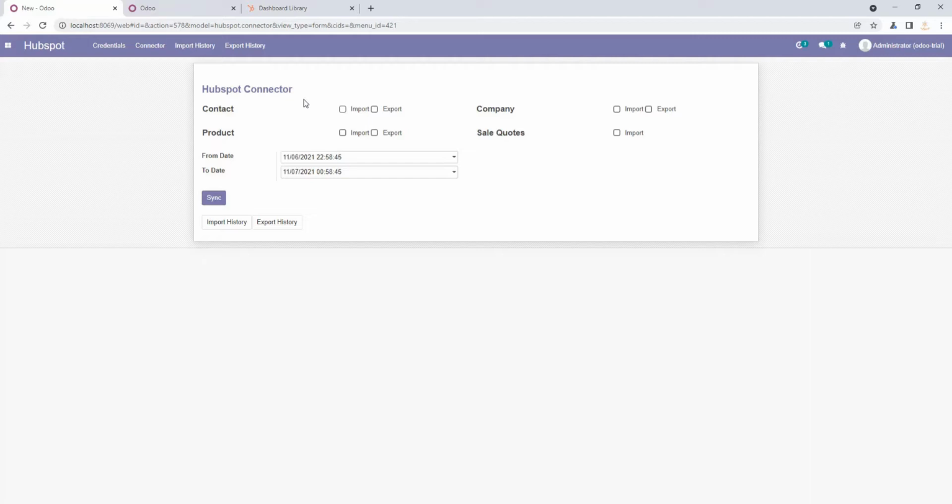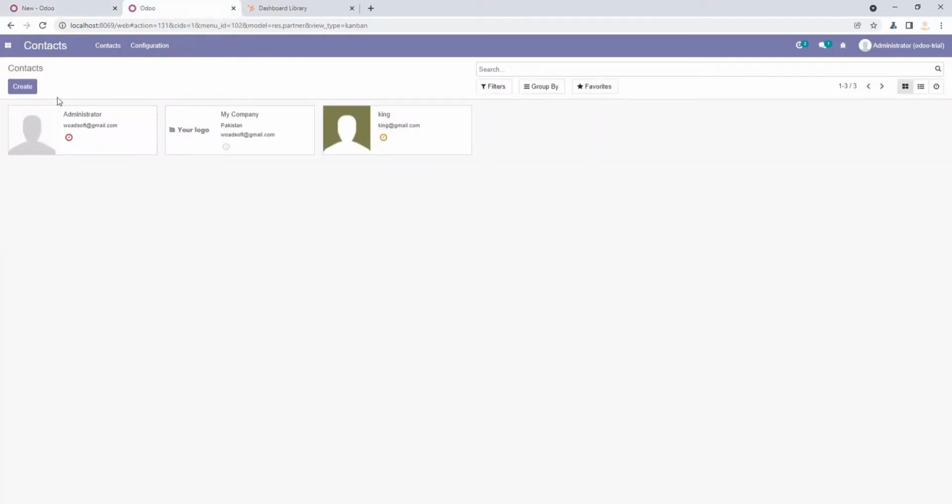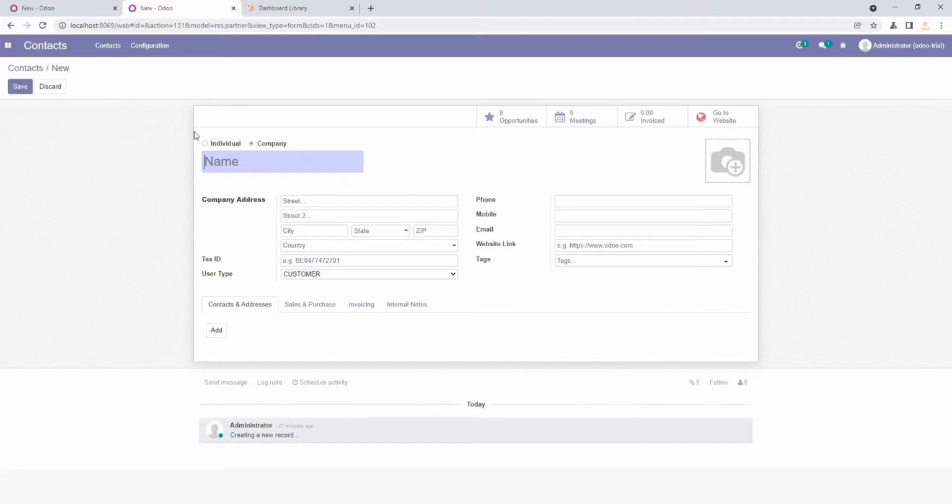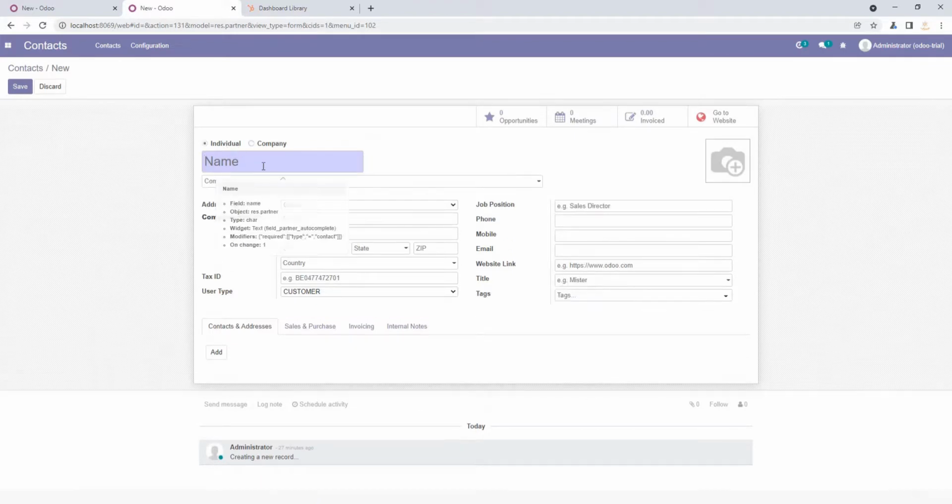I'm going to the contact module that I have already opened and create a new contact. I just put in some random or dummy values, and I save it.